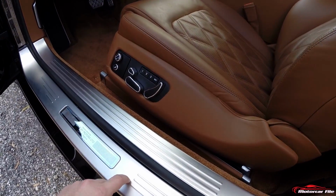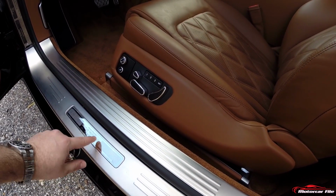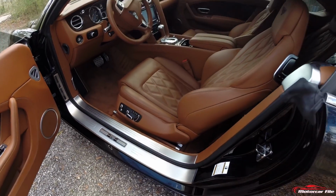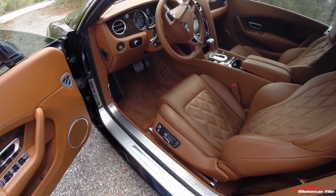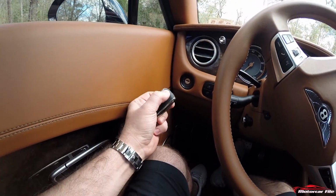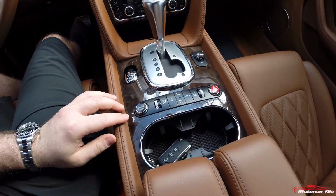You have a gorgeous kick sill, very nice satin finish with a polished, handcrafted Bentley Motors logo in the center, and giving you the location of the manufacturing plant, Crewe, England. Of course, there's going to be a lot of close ties to Volkswagen, and we'll show you those things. So you have 2 options to start it. You can use the key to insert here on the left and turn on, or you can just keep it in your pocket, stow away the key,